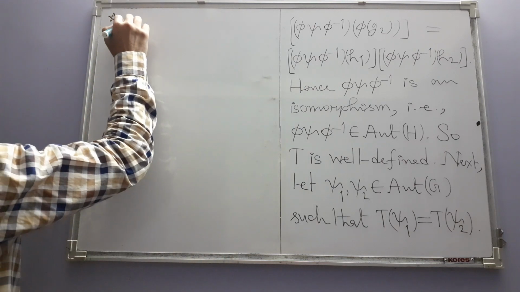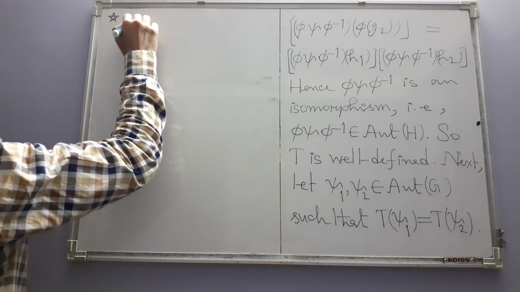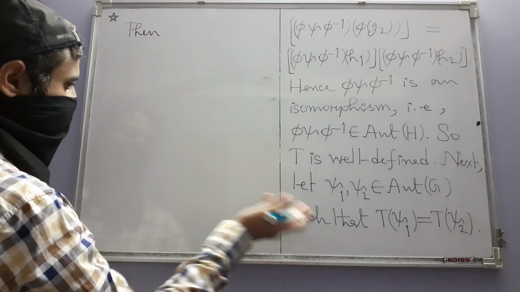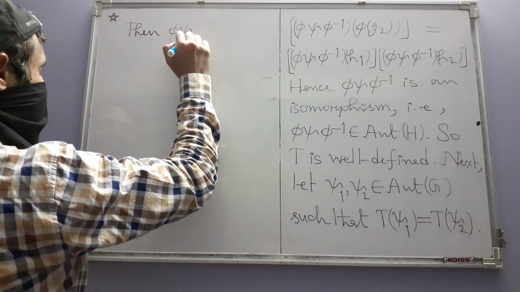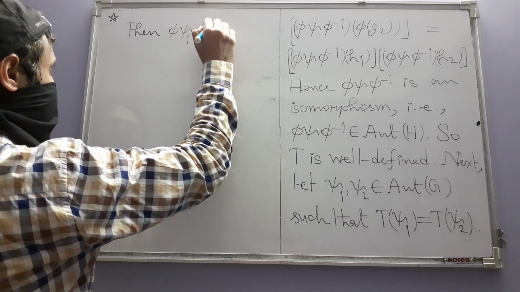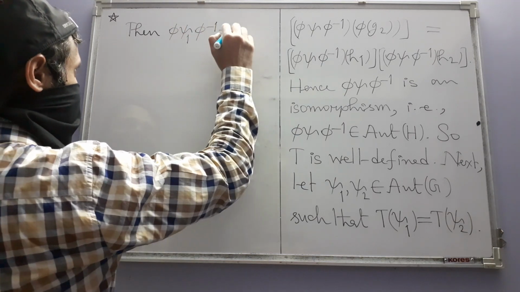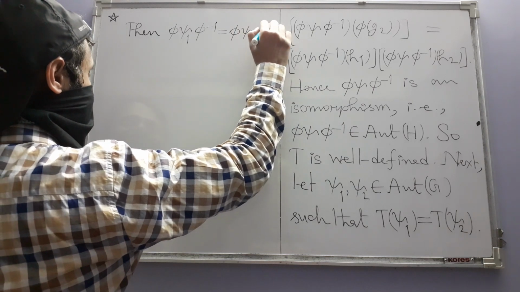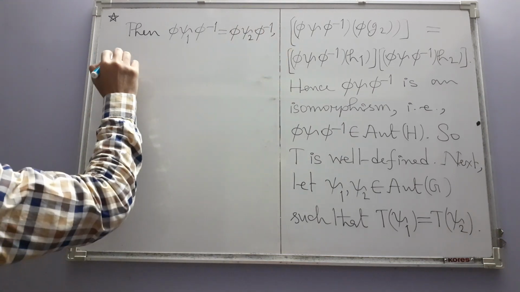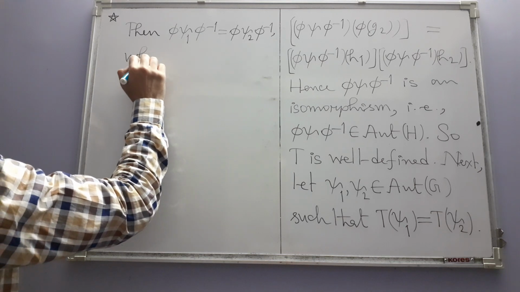Then by the definition of T, phi psi 1 phi inverse is equal to phi psi 2 phi inverse, which implies